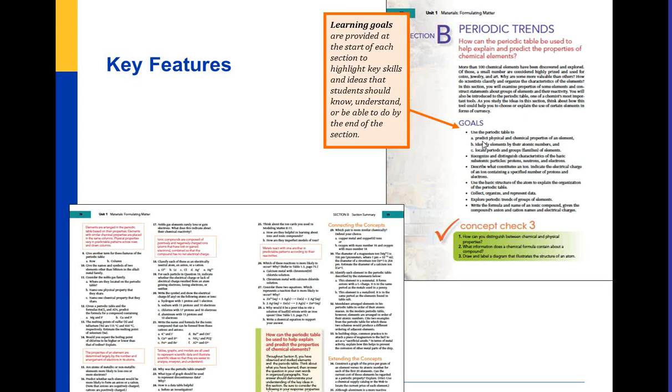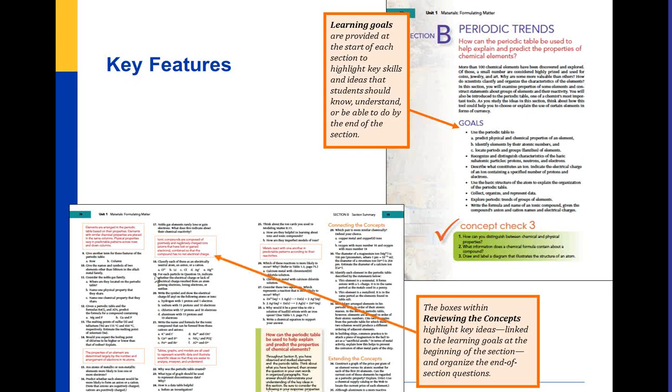So we put the goals right at the beginning of each section. By the end of this section, these are the things that you're going to be able to do. What are the things that we want you to know and understand? And the really cool thing is when they go and answer questions in the back at the end of the section, you can see these questions. They're red questions in a little box. Those are the goals restated in a different format, but they are all of the goals, and then the questions that deal with those goals are attached right in the back. And that is called our reviewing the concepts piece of